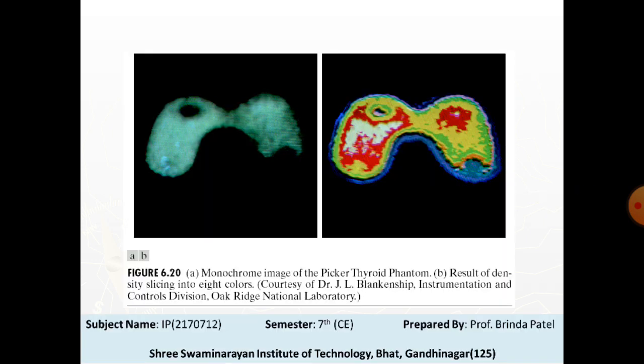Regions that appear of constant intensity in the monochrome image are really quite variable, as shown by the various colors in this sliced image. The left lobe, for instance, is a dull gray in the monochrome image, and picking out variations in the intensity is difficult. By contrast, the color image clearly shows the 8 different regions of constant intensity, one for each color used.